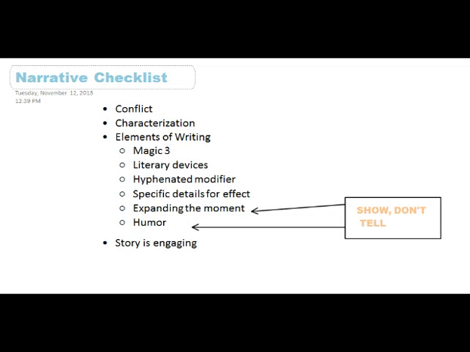So here's really the checklist. You need to make sure that your story has a conflict in it. What's the problem? What is the situation that the characters are having to face? Characterization. You want to make sure that you have really strong characterization of at least one of your characters. It's okay if there's just one main character and that's the one where we're really sensing the emotion and the feelings and the opinions and all of that from.